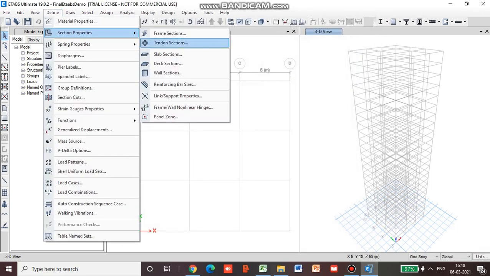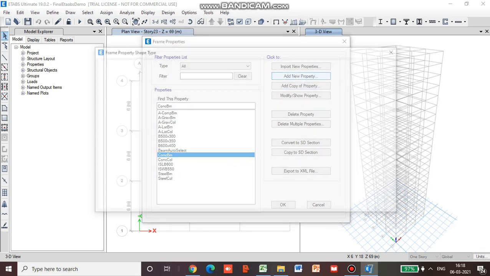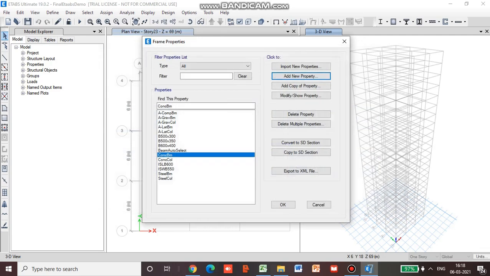Define section properties, frame sections. Okay, nothing is added actually. Okay, we will again go for add new property, concrete rectangle, concrete.